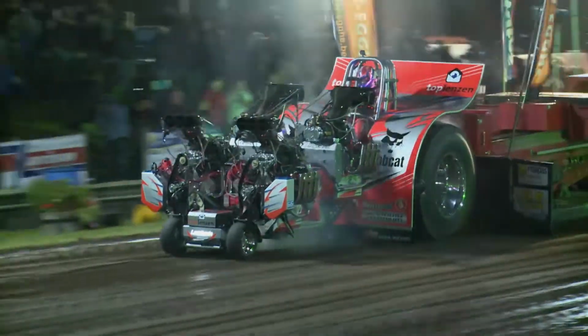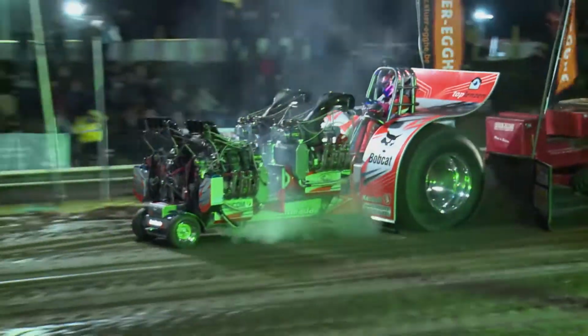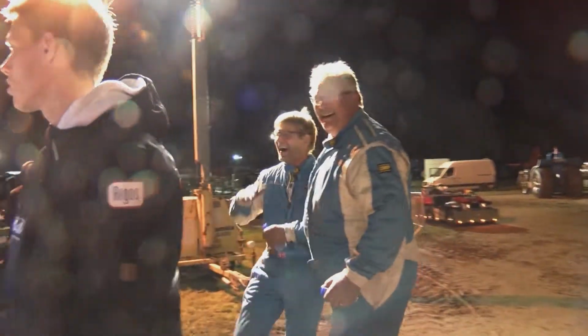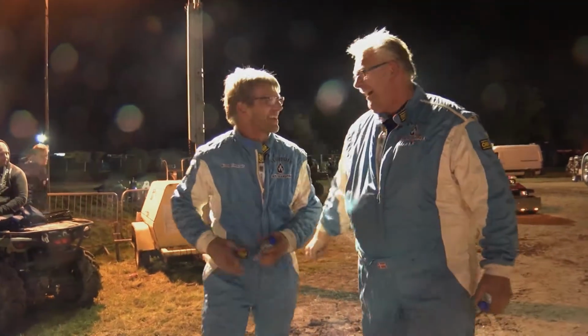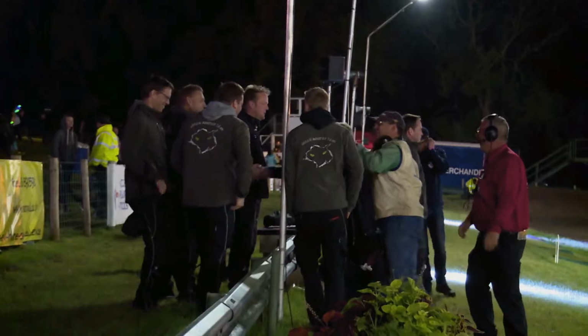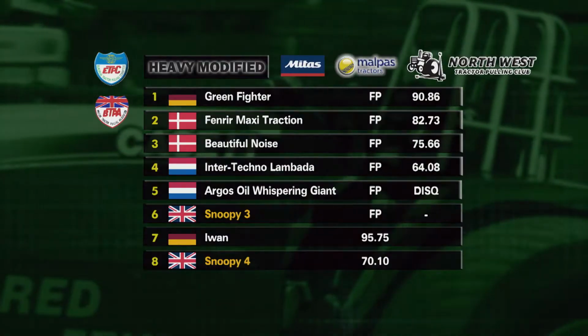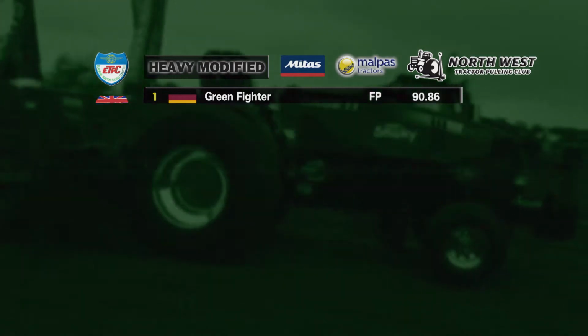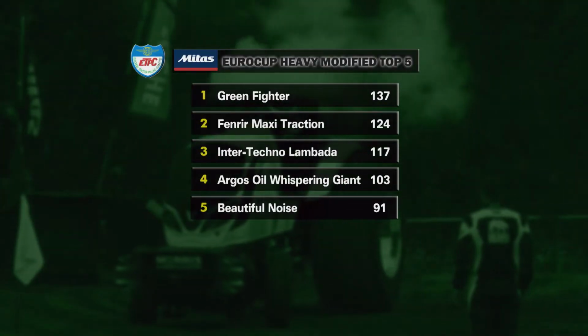Oh, looks like a blowout's just been thrown there. And it gets pulled down at 64.08 metres. So, looking at the results for the Mitas Eurocup Championship, it was the Green Fighter who took the win. For the BTPA machine, Snoopy 3 made a full pull, so Josh Whittingham with Snoopy 3 takes the win over